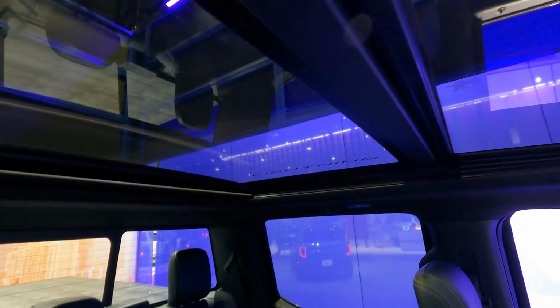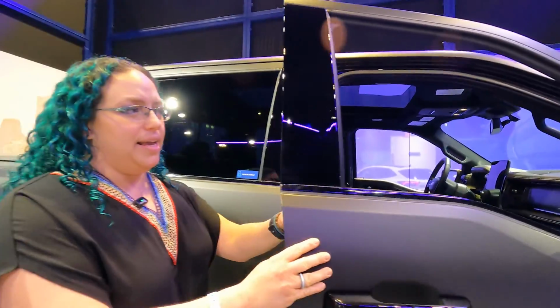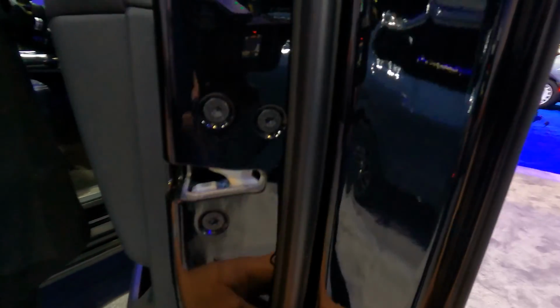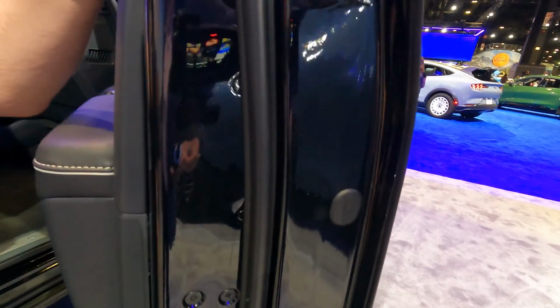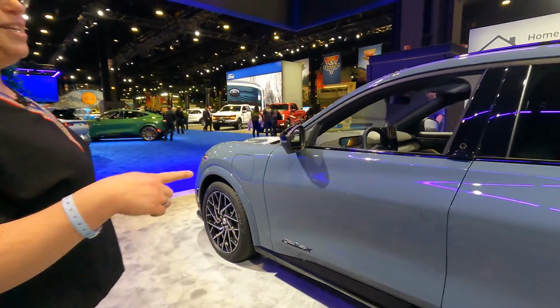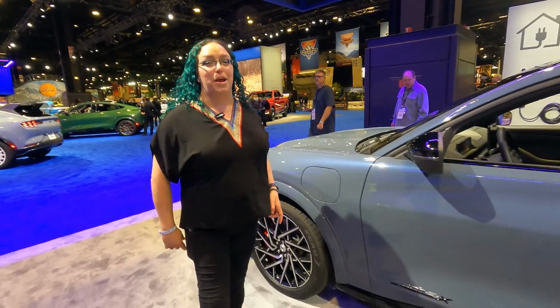Just right there. And it has some special little tweaks, but mostly it is just a Lightning in this matte black. And look at the quality of this wrap. I don't know if you can see it, but it is seamless, absolutely seamless. Wow, that's so super cool. Phenomenal. Yeah. And then next to us is a GT Performance Edition Mustang Mach-E in Vapor Blue, which is